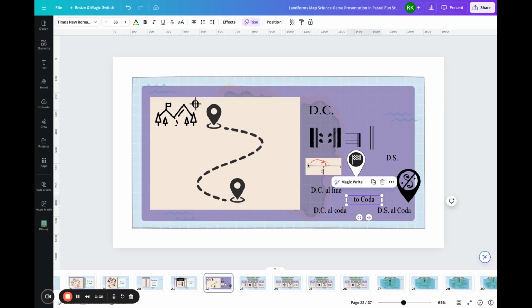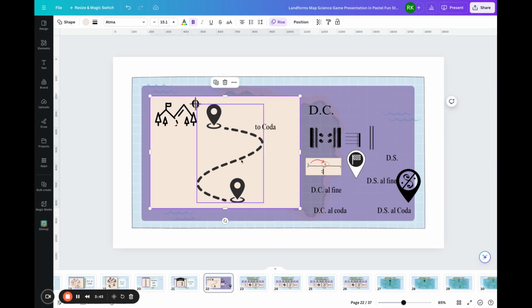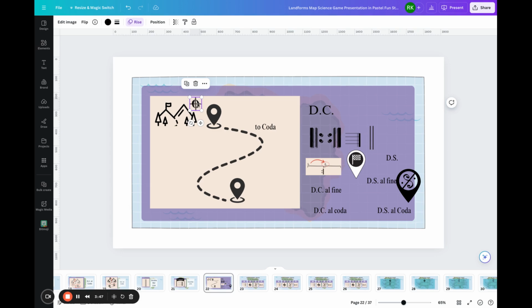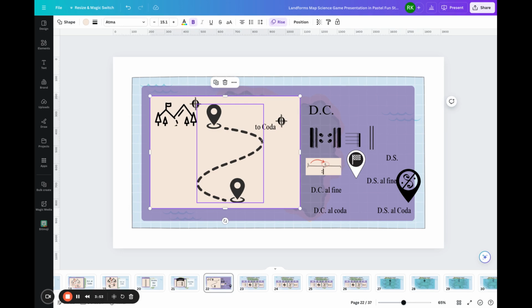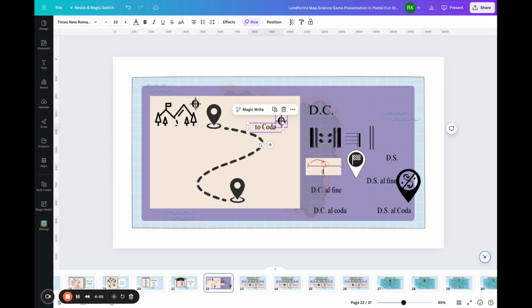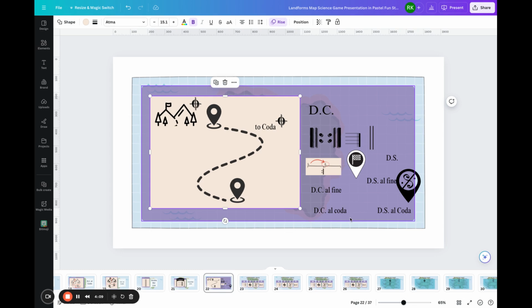So you might be playing your song and you get to this thing and it says to coda. Sometimes it will also have the coda symbol there too. That means we jump all the way to the special coda ending section. But oftentimes we have a coda section in partnership with a DC or a DS.